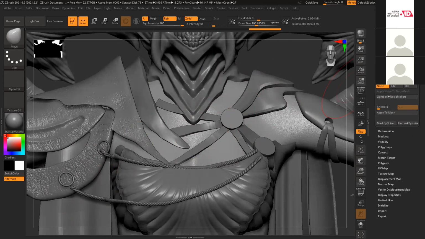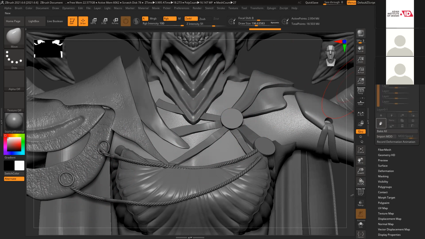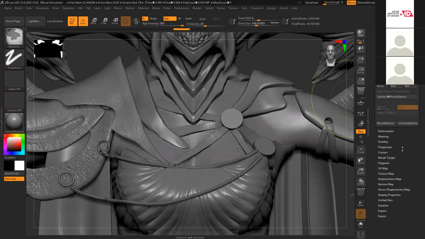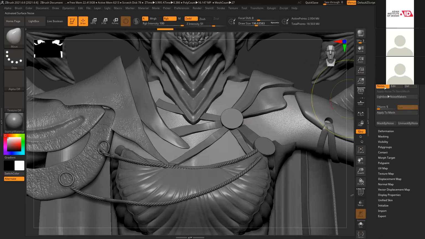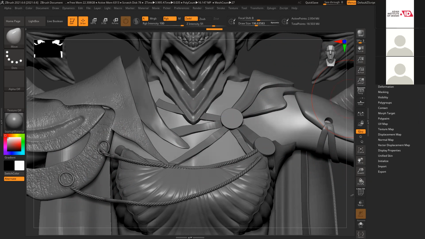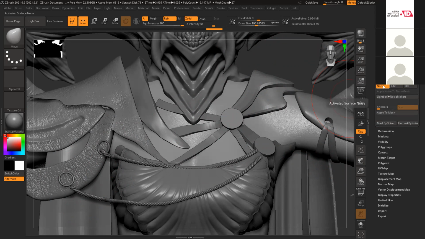The noise is there, but I forgot to create a layer. So I have to create the layer first, and then surface, noise. Oh, my bad. Before applying this, I have to create the layer. Layer, empty, surface, noise, and once it's done, apply to mesh.